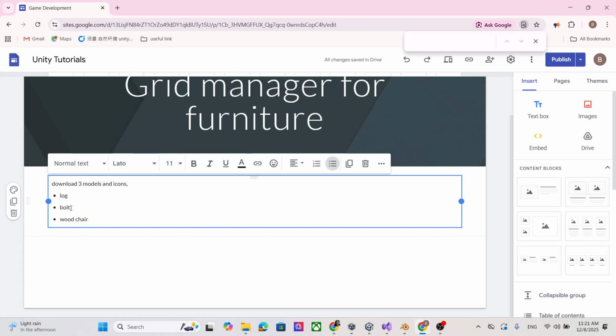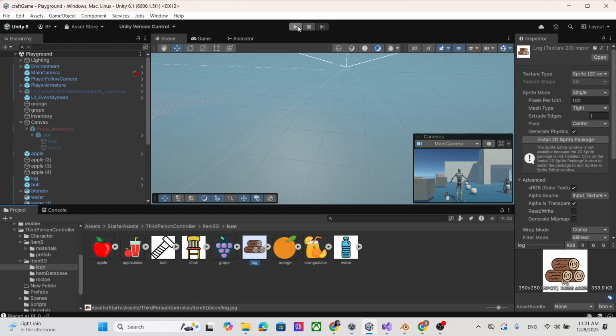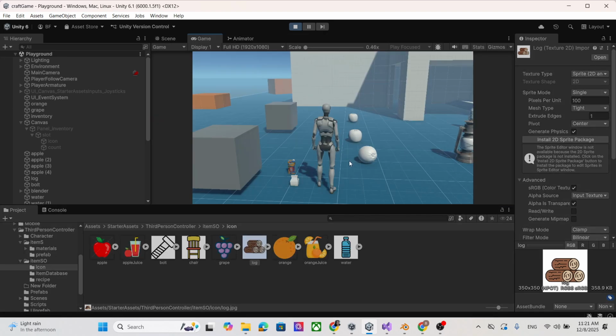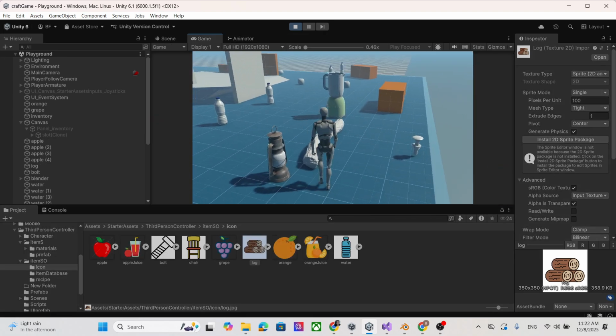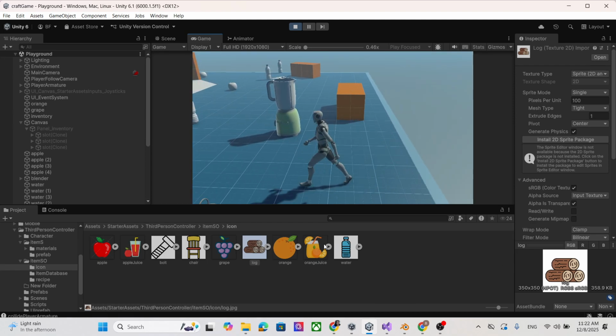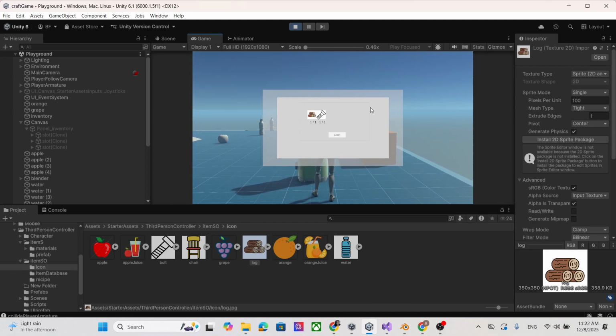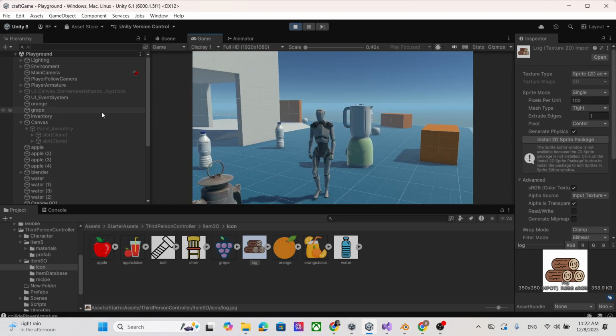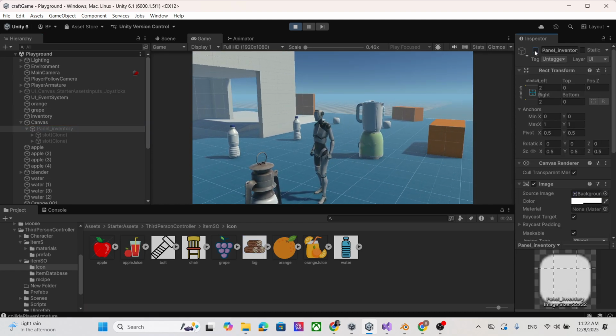Okay, you download the log, the bowl, the wood chair. Because we'll use this one for crafting and then we place our chair. So the log and the bowl, and then the chair will be here. So this one, our chair. We select our chair